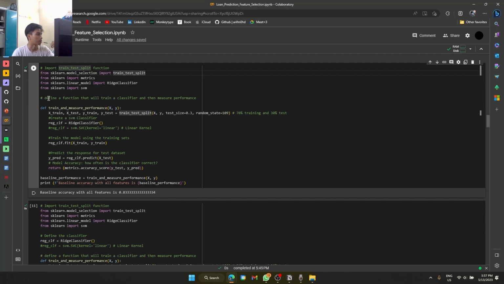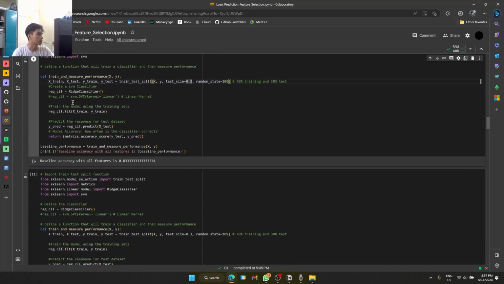If you scroll down a bit, you can see right here, we're just doing the splitting, where 70% is allocated for the training and 30% for the testing, as you can see right here. We state it right here. And next, we just